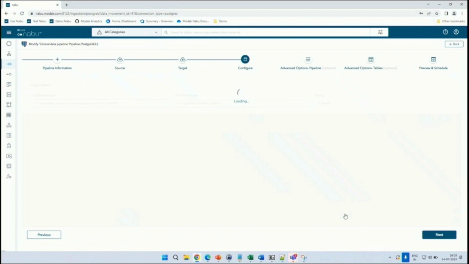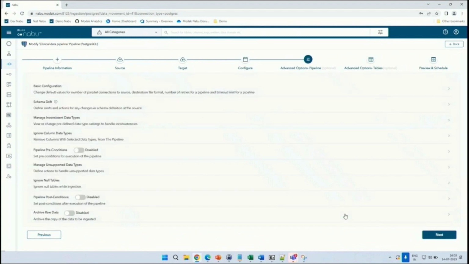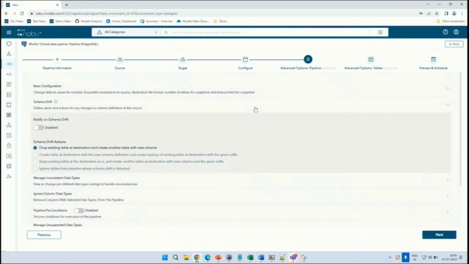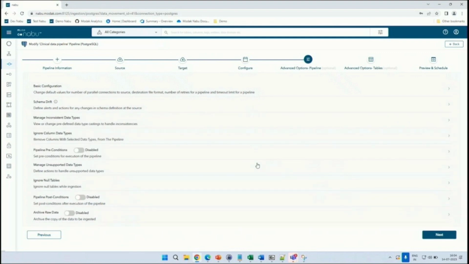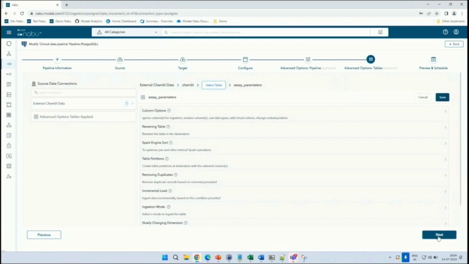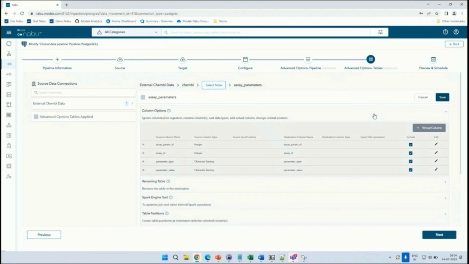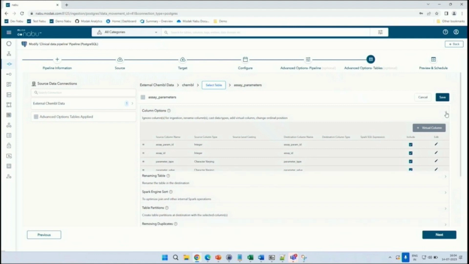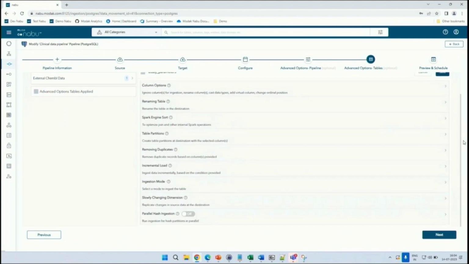To handle a variety of different scenarios, Nabu provides various advanced options that can be configured using the UI. These could include things such as handling schema drifts or managing any kind of inconsistent data types that might exist between the source and destination. At a table level, there is a further level of granularity available in terms of the control that can be exercised. This could mean, for a particular table, which columns should be ingested or how they should be cast, or even handling scenarios such as incremental load of data or slowly changing dimensions to be created